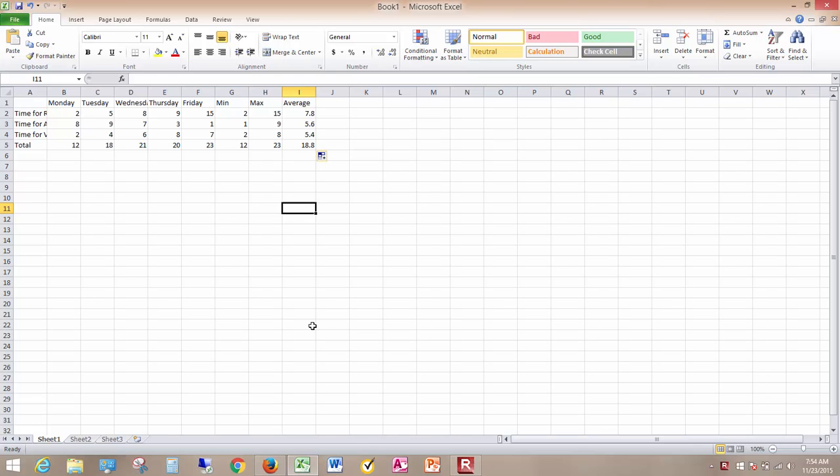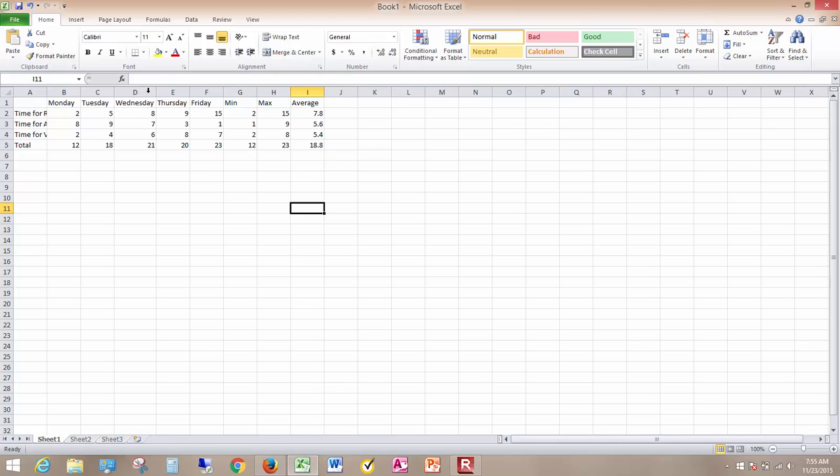The first way is to go between the column headings, for example D and E. Do you see the cursor changes into a straight line with a double arrow? That means that it's selecting and making something ready to happen. So when you position this cursor between D and E and give a quick double click, it will reset the column row for you. So if you want to just take a few minutes, go ahead and try it between